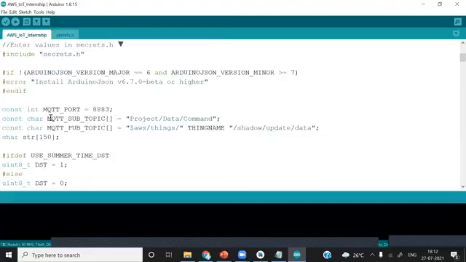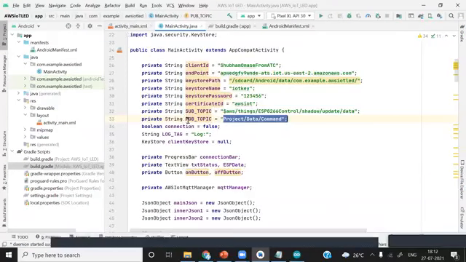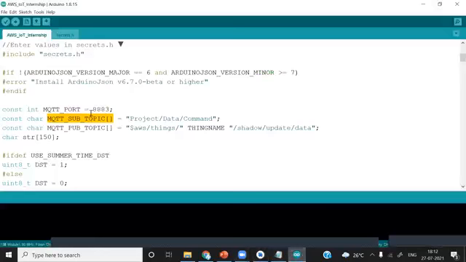You can see here, the ESP8266 subscription topic is this project. We are publishing data using the Android application. This is the publishing topic, so we are publishing data over this topic, and ESP8266 is subscribed to this topic.